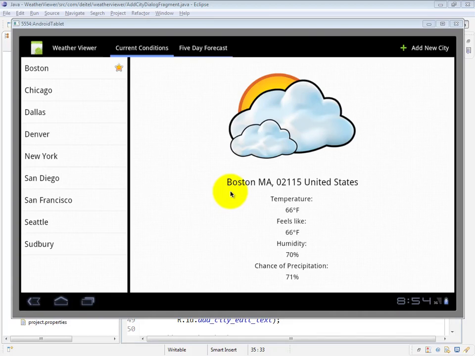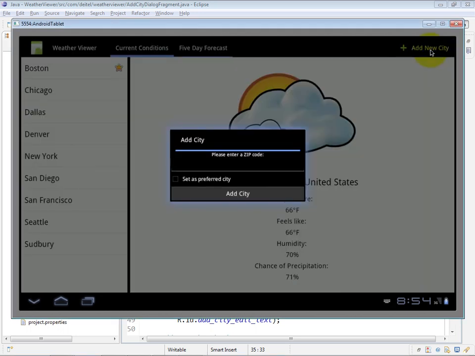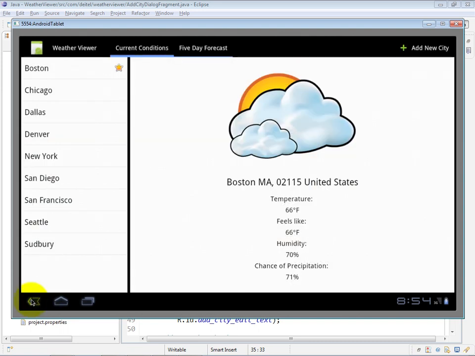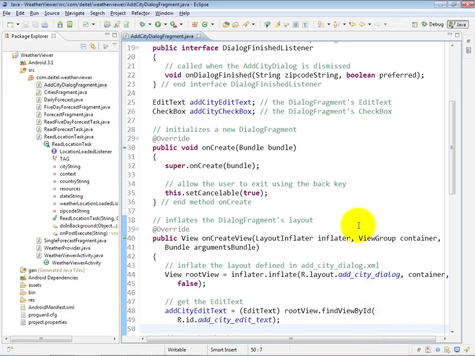In this video, we take a look at the AddCityDialogFragment class, which represents the dialog that gets displayed when the user touches this menu item, Add New City, in the upper right-hand corner of the screen. And you can see here the dialog on the screen. We can cancel this dialog by simply touching the back button on the screen, which dismisses the dialog. So let's go back over here to our